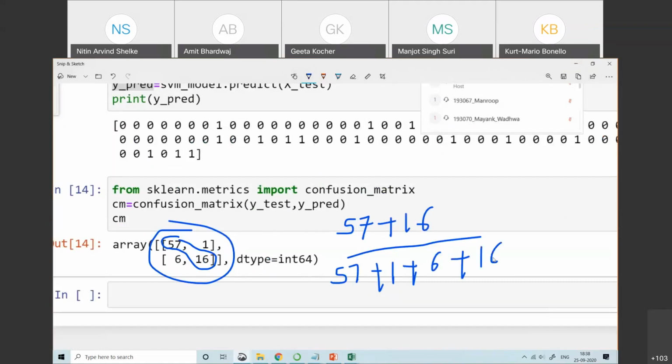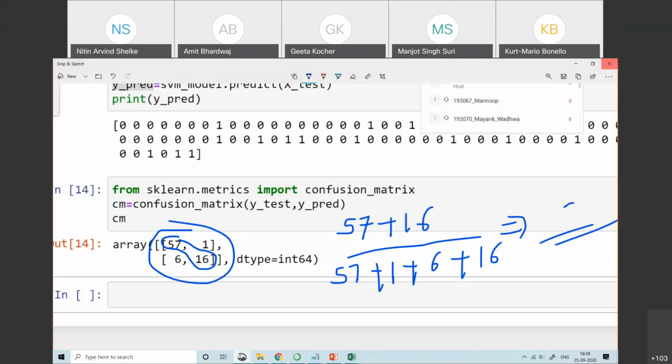Whatever result you get, that should be your accuracy. Clear how to calculate the accuracy from the confusion matrix? Sum of the diagonal elements, 57 plus 16, divided by the total elements present in your matrix, through which you will get the accuracy for your model. So this is the accuracy.